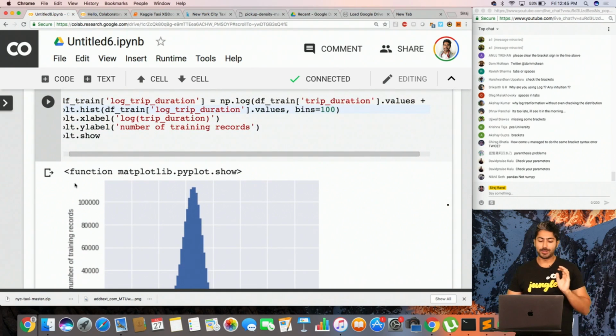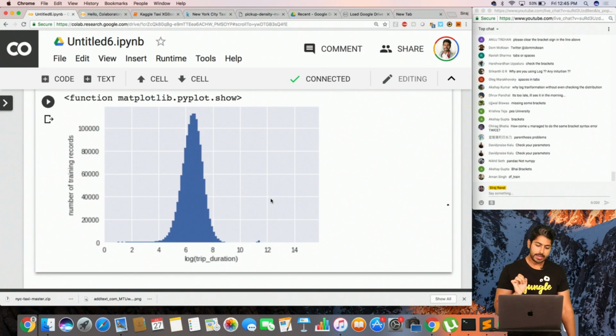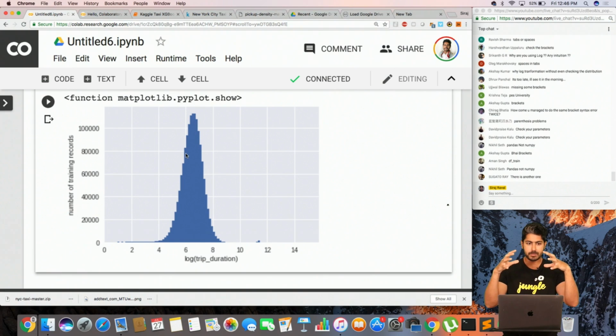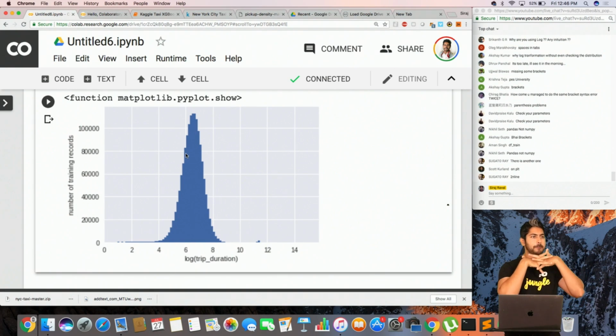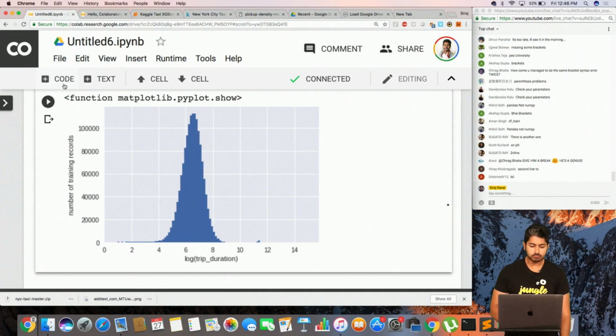Yes, okay, Matplotlib, check this out. It seems like there is this average trip duration that they all kind of cluster around. There's a distribution, and it seems like the median is about 6.4, and then it's all around there. So generally, the data all seems to be in the same set of values. Okay, makes sense.